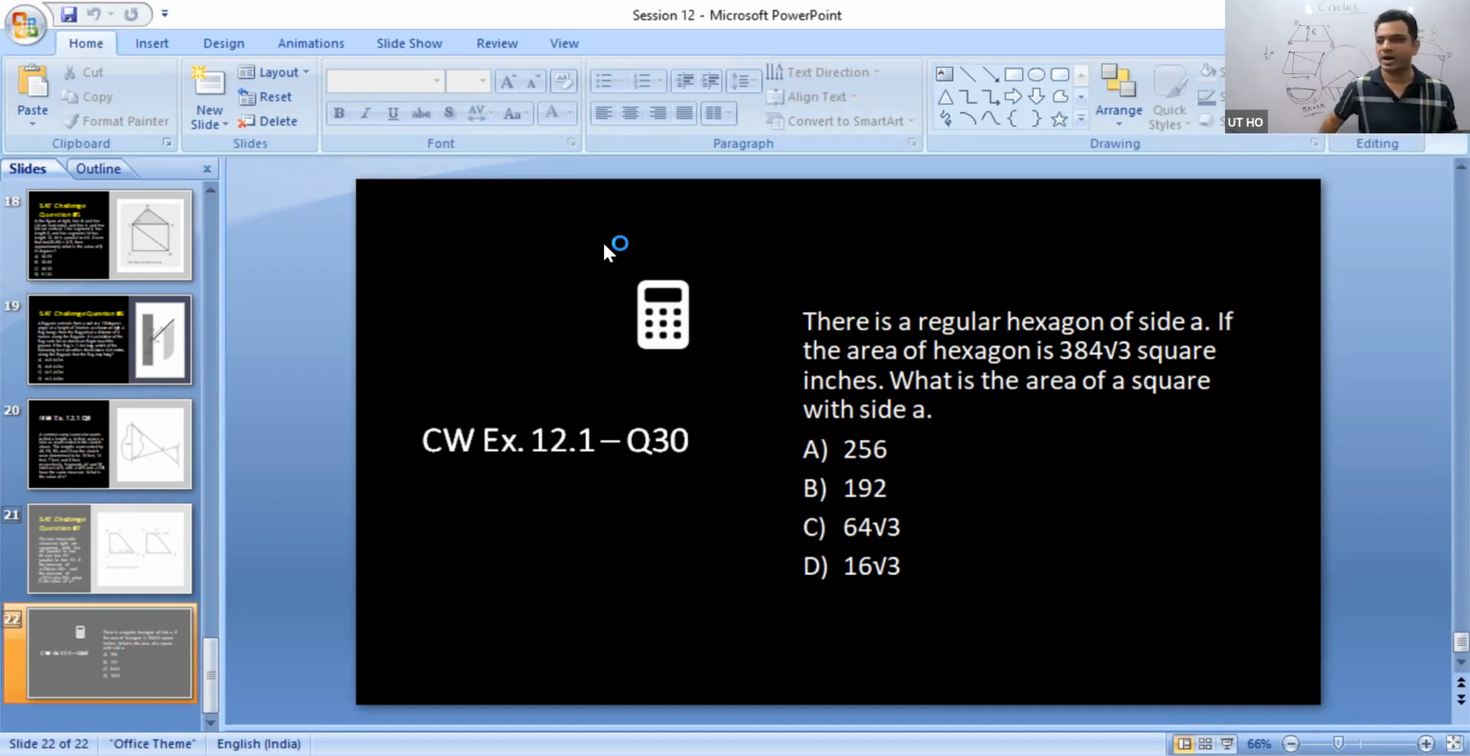ठीक है, volume of a cylinder is pi r square h. Volume of a cone is 1 by 3 pi r square h. ठीक है. Next,